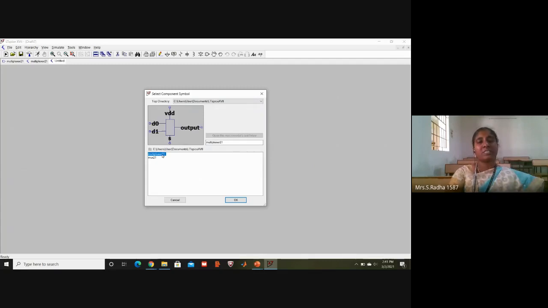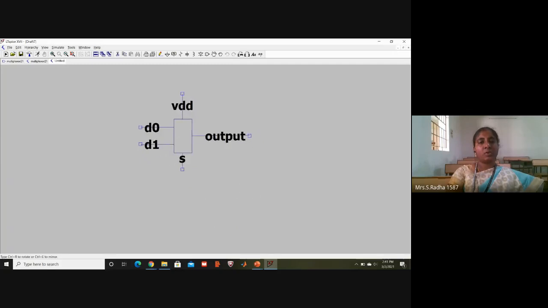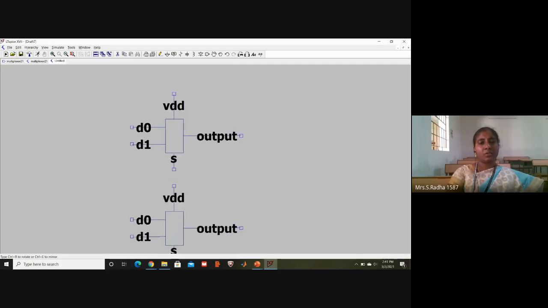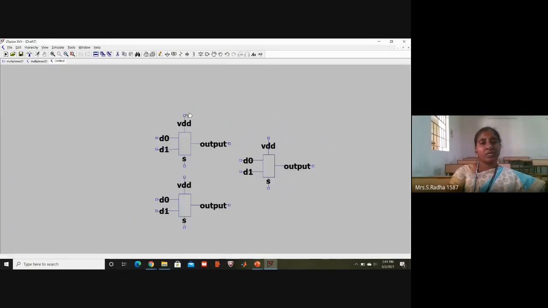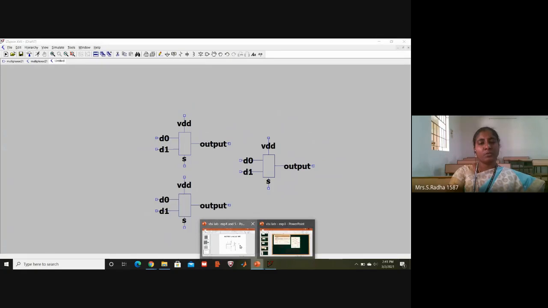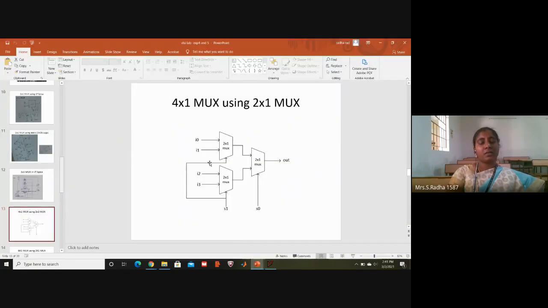This is the symbol we created just now. We want 3 2 by 1 multiplexers. Escape. If you zoom in, we have taken 3 symbols of 2 by 1 mux. We are going to connect 3 2 by 1 multiplexers in order to draw a 4 by 1 multiplexer.